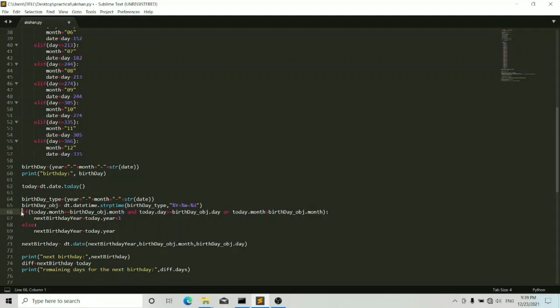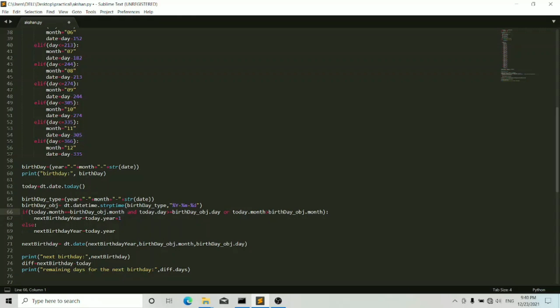This line explains whether my birthday will come next month, next week or next year. So my birthday, today month equal to birthday object month, and today day greater than or equal to birthday object day, or today month greater than birthday object month.